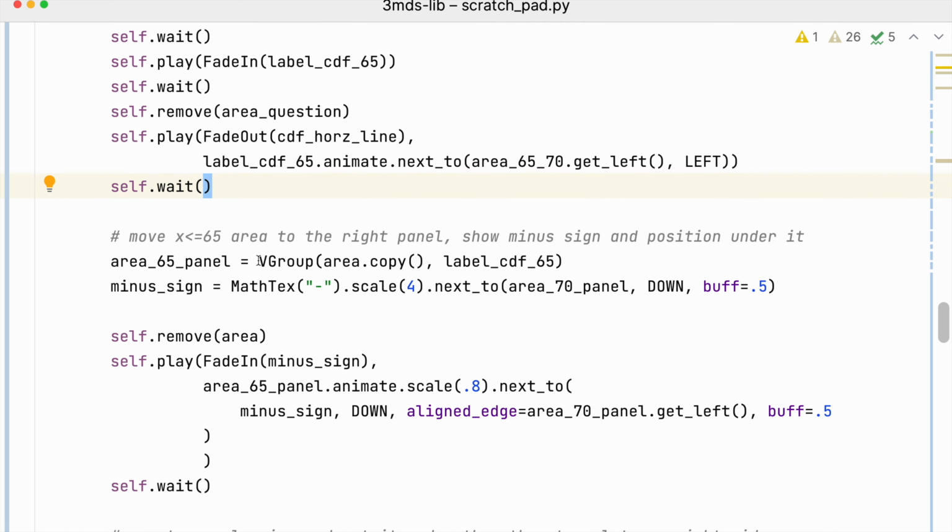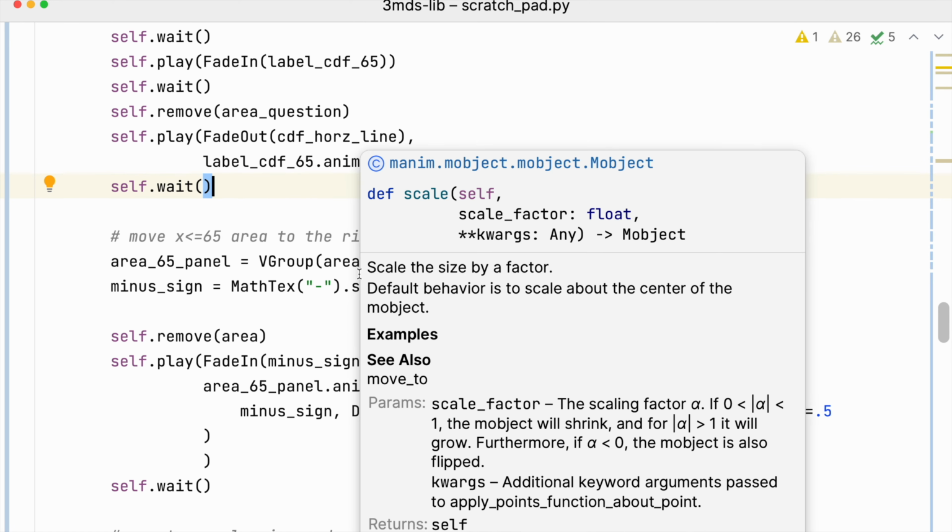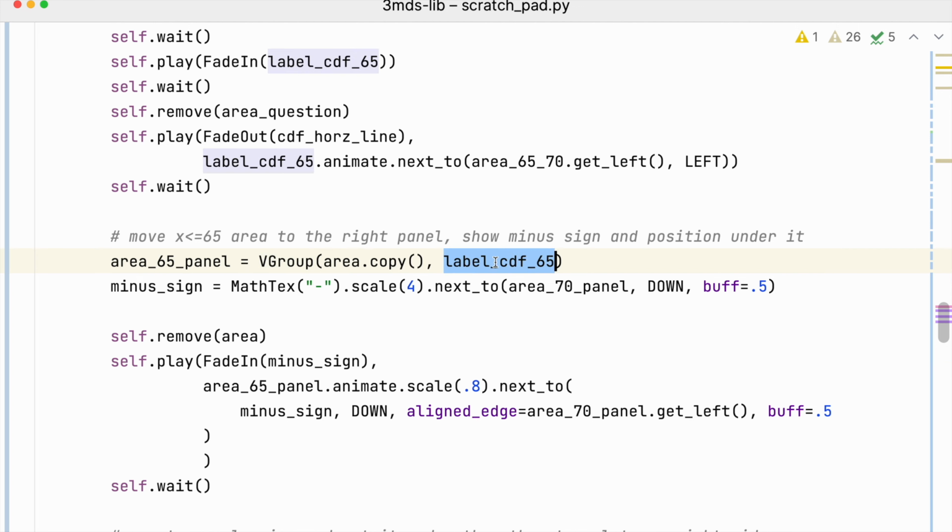Now we're going to take that area as well as its label, and we're going to put it in a vector group. I'm not going to copy the vector group this time. I'm only going to copy the area itself because I want to show the label CDF65, that given area, as the answer. So I don't want to remove the label. I kind of want to put some emphasis there and keep it there. But I'm going to put it in a vector group,